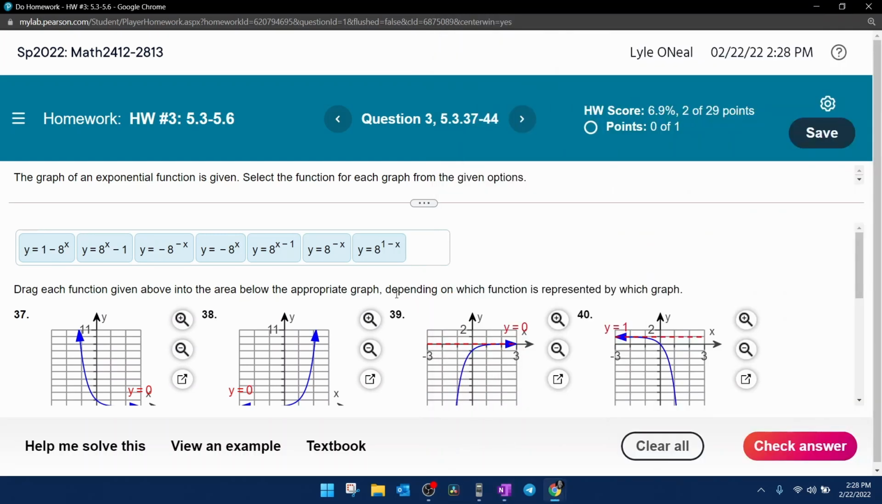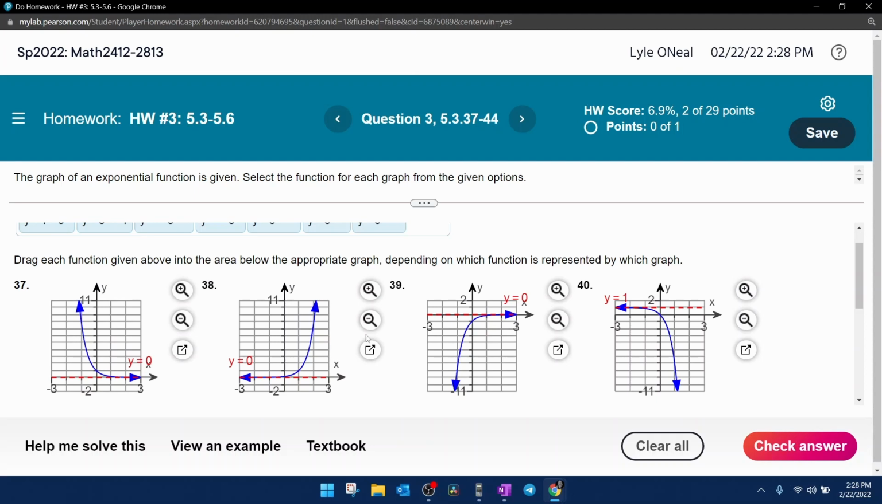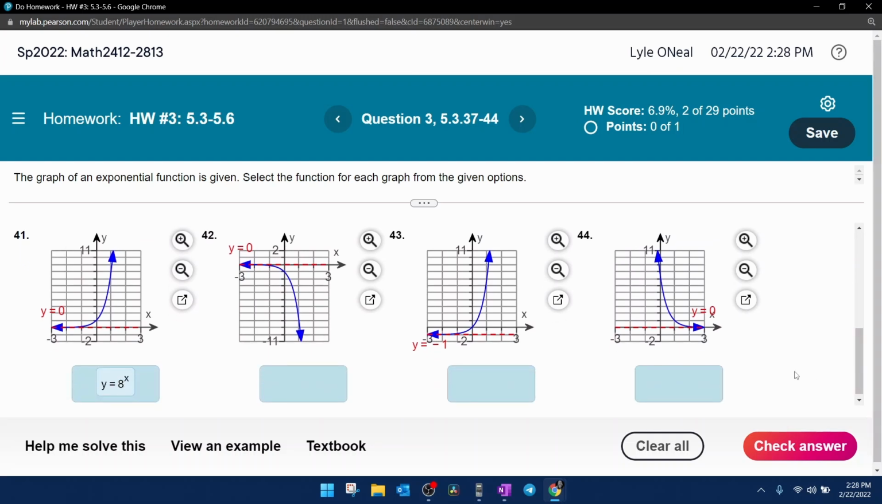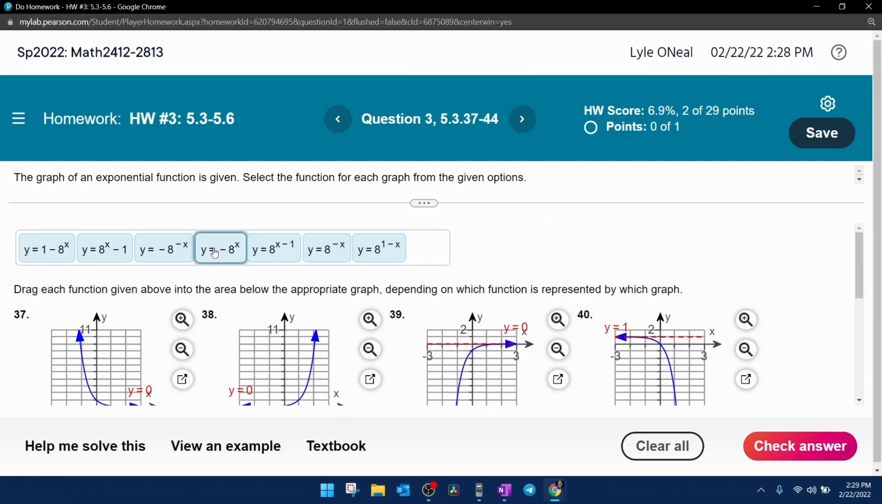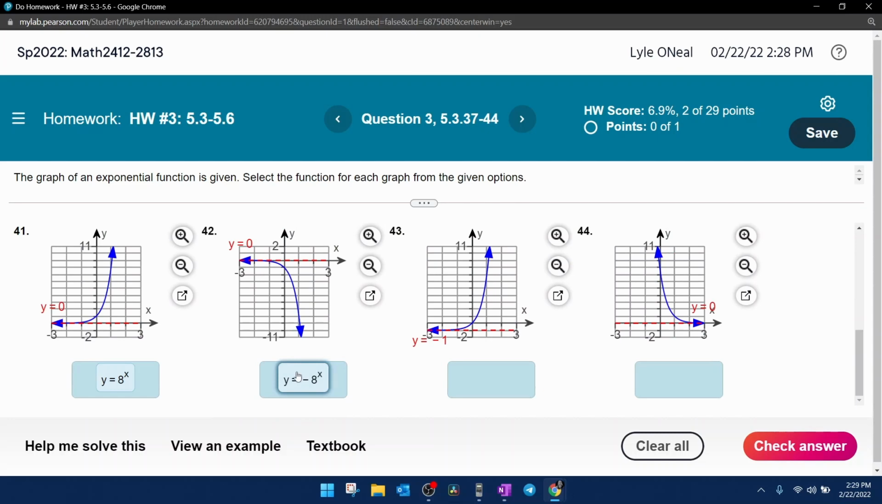And so now we just need to find that graph. So we're looking for a graph that curves down, something like number 40, but number 40 goes through the origin, not negative 1 for a y-intercept. So notice number 42 does curve down like we expect. It is going through a y-intercept of negative 1. And when x is 1, it looks like it's going to be at negative 8. So I think 42 is going to be this equation. So we're going to take y equals negative 8 to the x, drag it down to number 42,